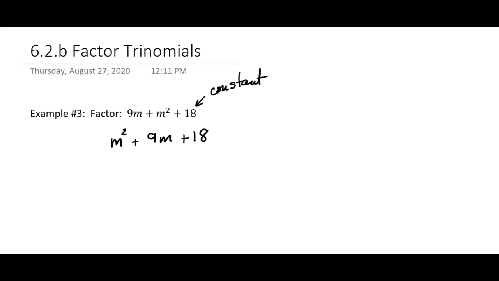Okay, so this one might look a little familiar, but we're looking at a couple of things. We're looking at the signs, and by the way, if both signs are plus, then both of your integers are going to be positive, but we can talk about that more later. So we need them to multiply to be 18, that's the last number here, and then we want them to add to be 9. This is very similar to the problem on the other video, so sorry about that,